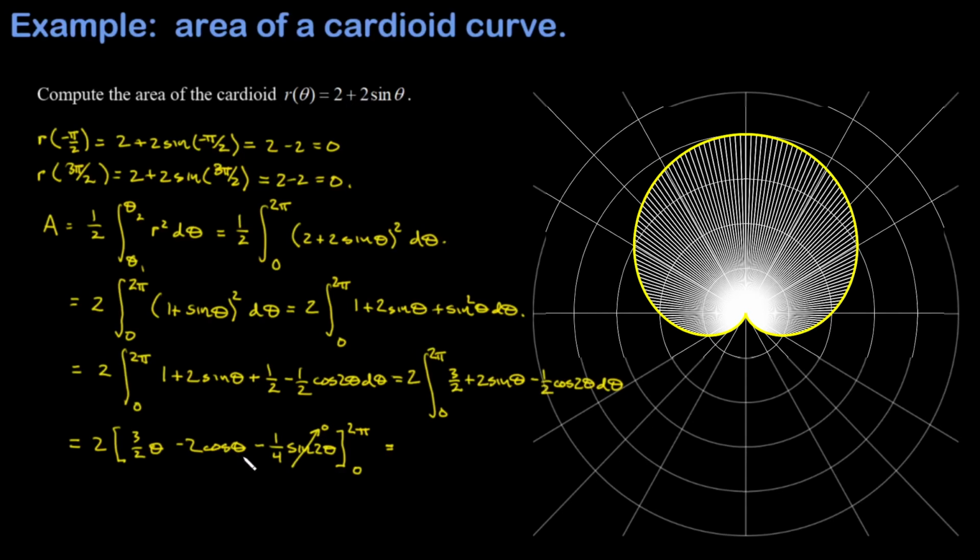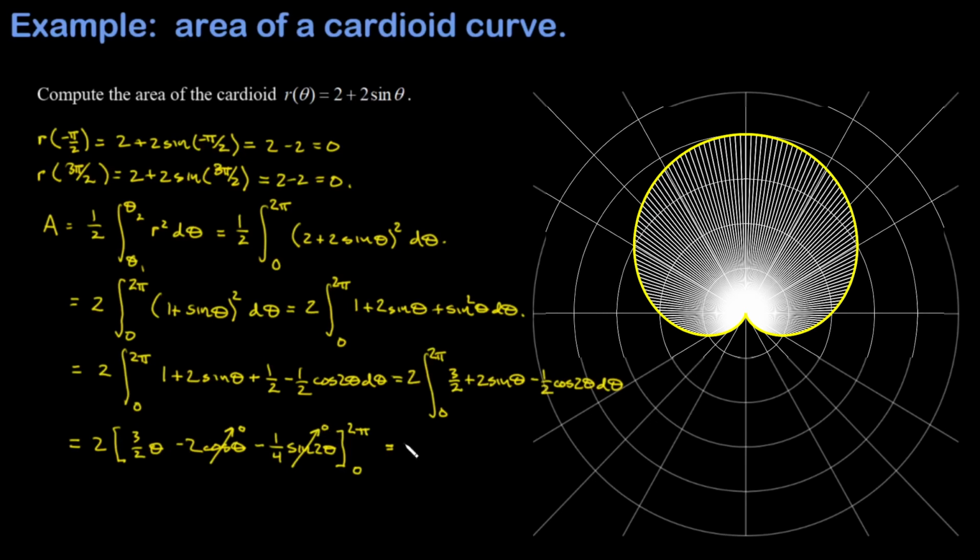Then in the cosine term, when I put in the upper limit, I get the cosine of 2 pi, which is 1. But I'm going to end up subtracting a term where I plug in the lower limit, and I get the cosine of 0, which is 1. So the upper and lower limits for that term give me the same number, and those cancel out in the difference. The only survivor here is my first term, 3/2 theta,